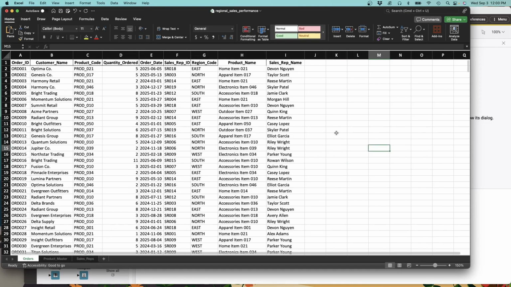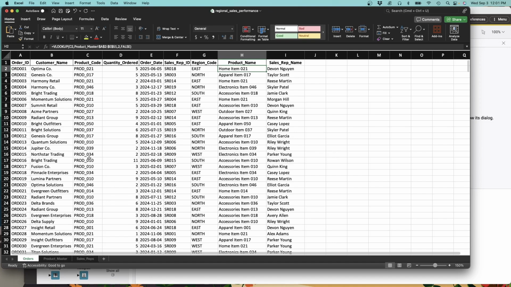I am copying these formulas and I am creating one formula for each column that I want to bring from the other sheets, and if next week I get an updated file with orders, I need to repeat the same formula again on the new data that I receive. Now this is just 500 rows, so the amount of time it takes to apply the formula is not that bad. But imagine if you had 50,000 rows, Excel would take a minute to apply the formula,